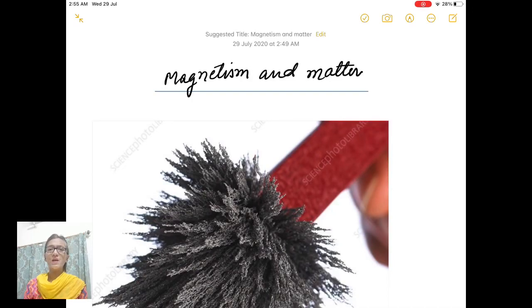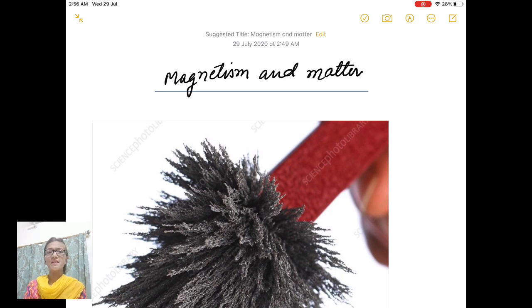Hi, today we will discuss magnetism in matter. We have seen magnetic materials like iron, cobalt, nickel getting attracted by a magnet. Though magnetism is universal, it is present in tiny atoms as well as in the vast universe. It is present in galaxies. Magnetism is also present in living creatures, in all the birds, in beasts, and in human beings too.